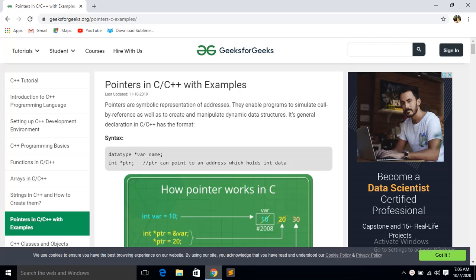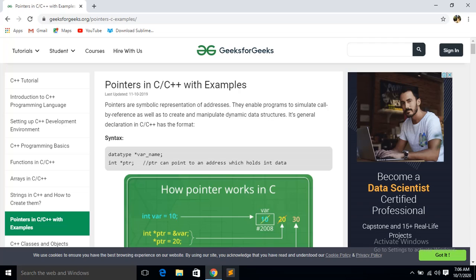A pointer is a variable that holds a memory address, usually the location of another variable in memory. What does it mean? That means a pointer is a variable. Say for example, you are storing in a variable a is equal to 10.